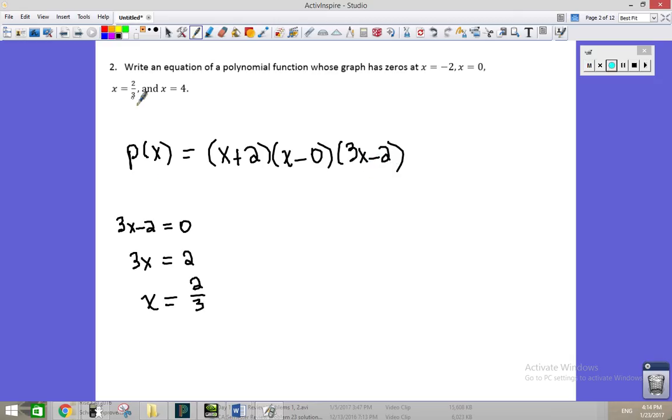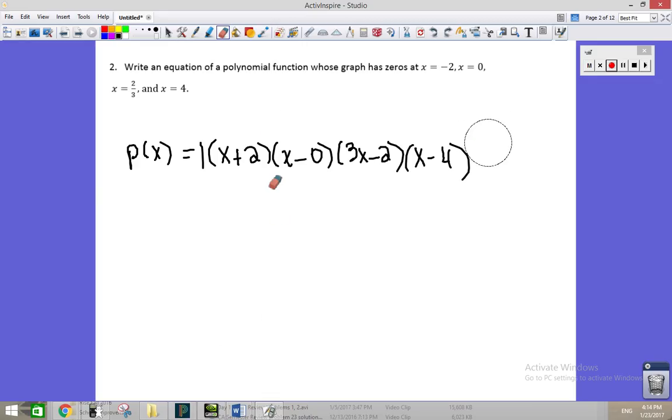The denominator is always going to be the coefficient in front of x, and the numerator is going to be the opposite of the other number there. X equals 4 is written as x minus 4. We can pick any leading coefficient that we want. I'm just going to pick -1, and we can have any exponents on there we want, and I'm just going to leave them all as 1. So there's my answer for number 2, and you don't even need to technically write a 1 right there, it's implied. But if you wanted to pick a -2 or a -1/2, it'd be the correct answer. Now, most people are probably going to write x minus 0 as x, so actually let's write